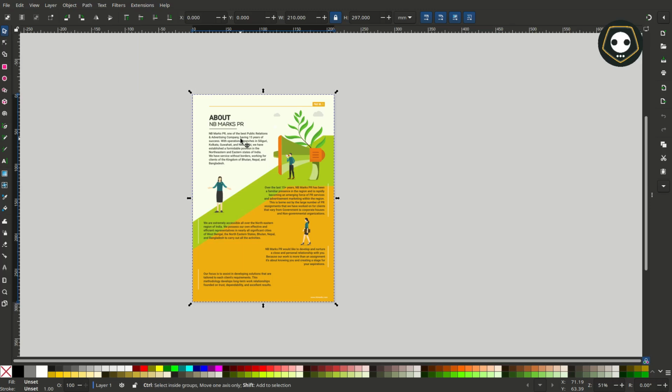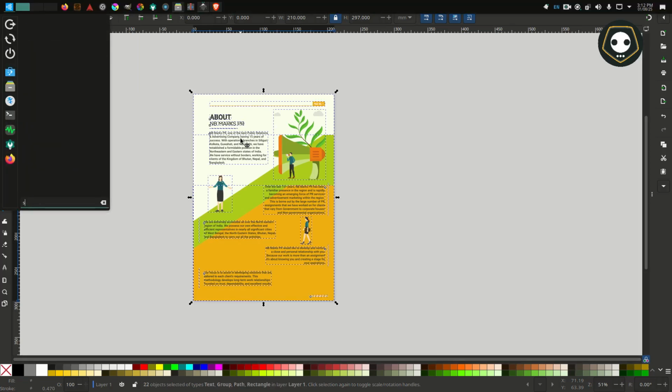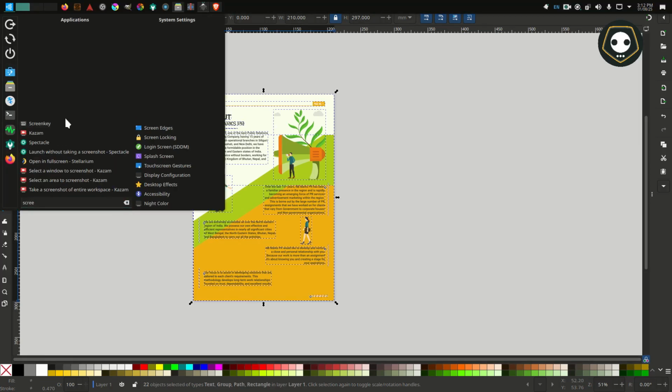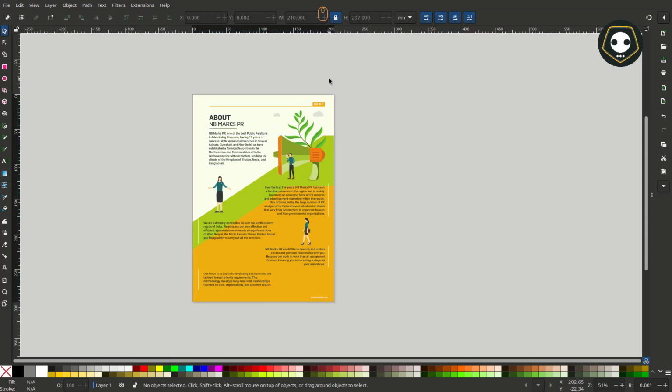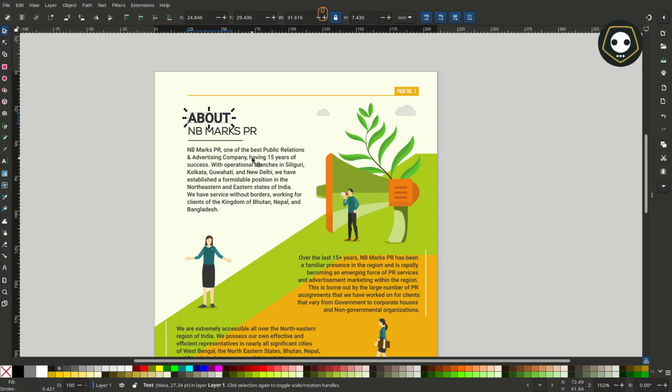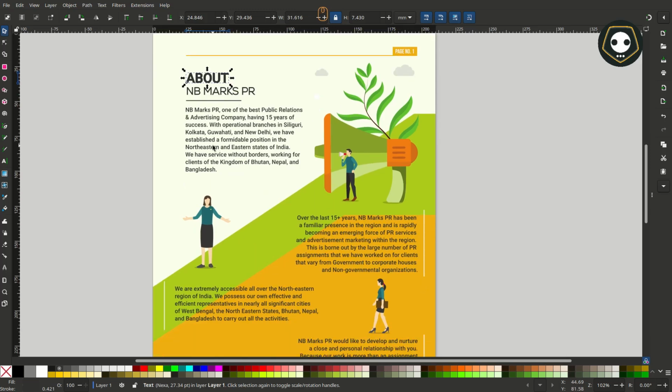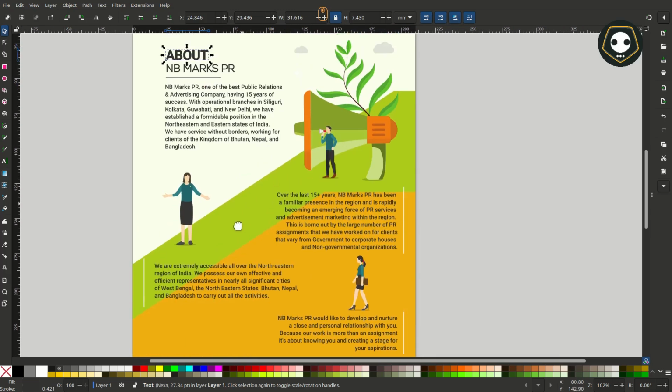So at first I ungroup this one. You can see here what I'm using, using my mouse, right click. This shows what font I'm using, what color I'm using.